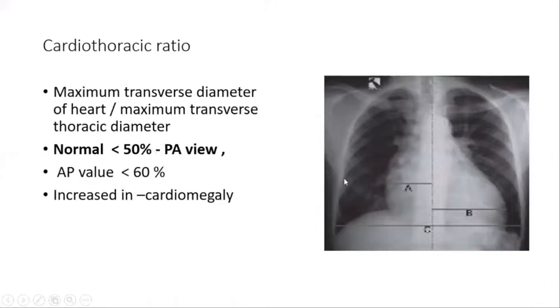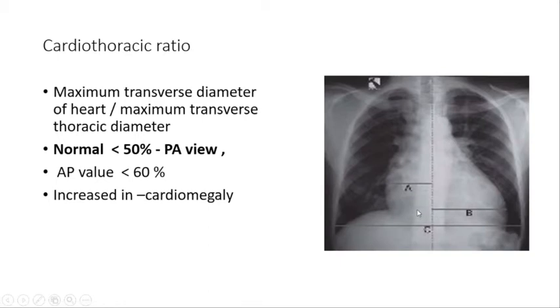Now, cardiothoracic ratio. The cardiothoracic ratio is the maximum transverse diameter of the heart to the thorax. For calculating the maximum diameter of the heart, we have to take an imaginary line from the midline, that is from the spinous process of the vertebra. Then take the maximum diameter on the right side, A. Similarly, the maximum dimension of the heart on the left side, B. Then get the summation of A and B. And also we have to calculate the maximum transverse thoracic diameter, C, and get the ratio of the summation of the cardiac diameter, A plus B, by C.